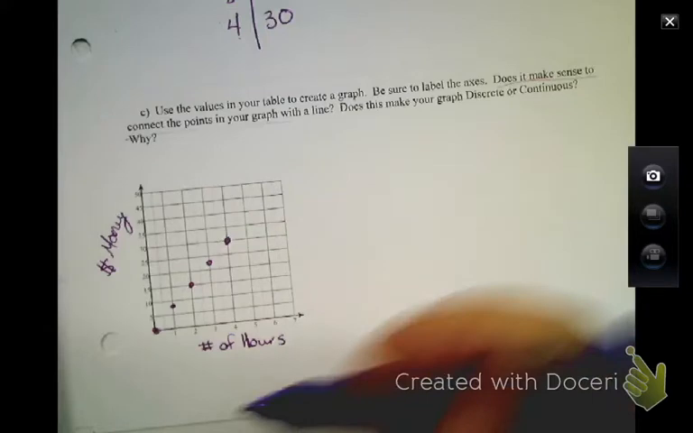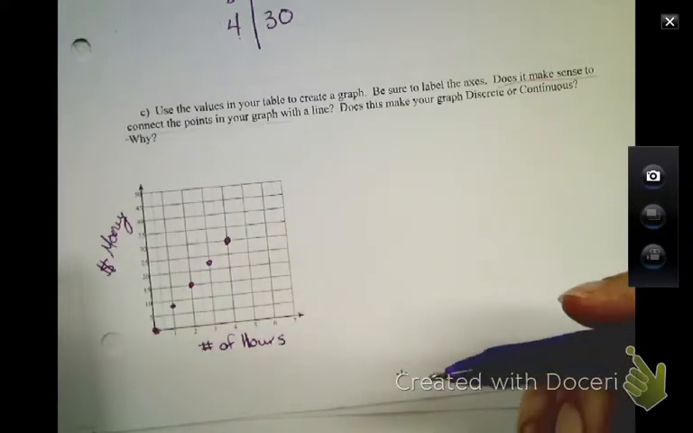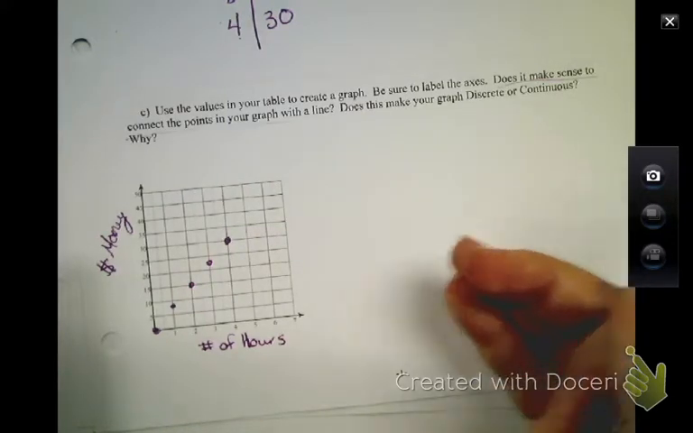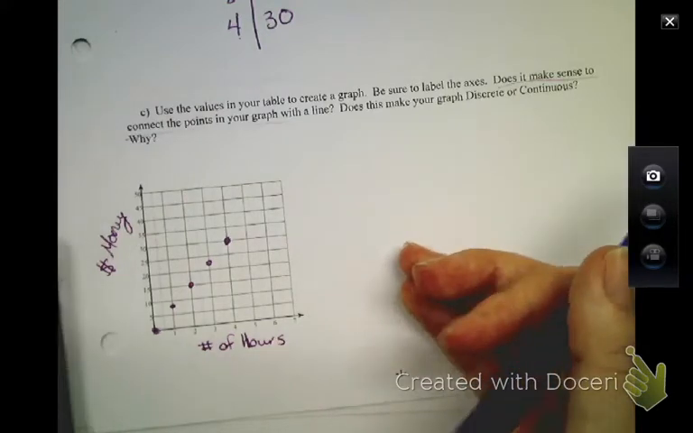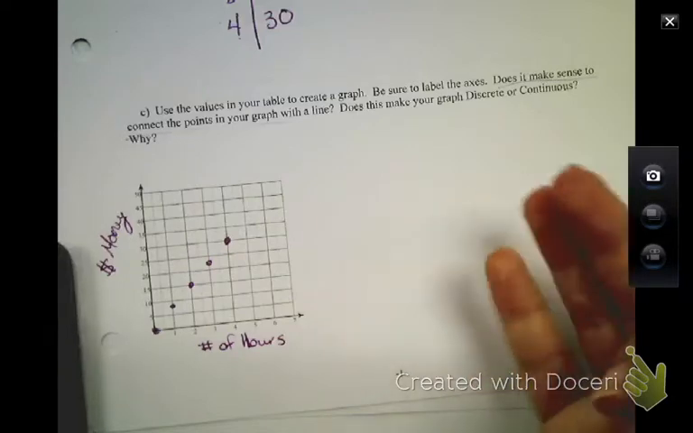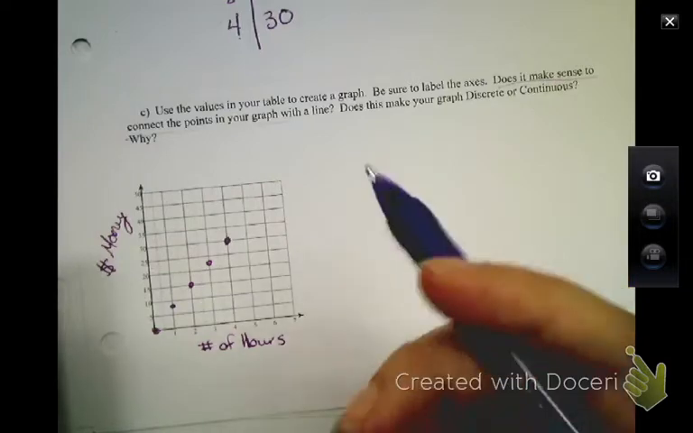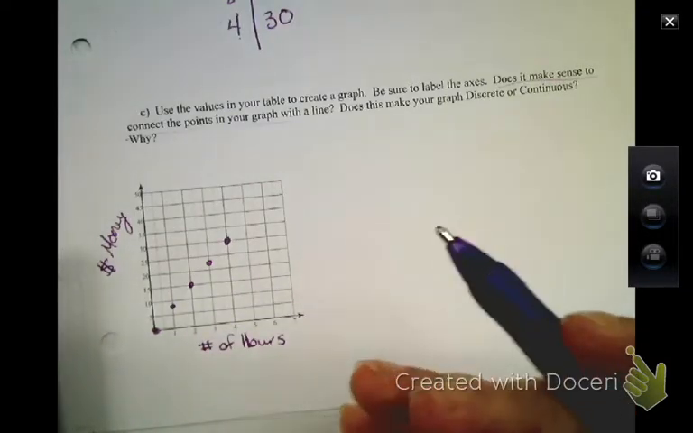So let me ask it a different way. Would it make sense to ask, can she work an hour and a half? Could she work 2.5 hours or 3 1/3 hours when you babysit? And here's where it becomes a little difficult, because depending on who you're working for depends on whether they're just going to round up to